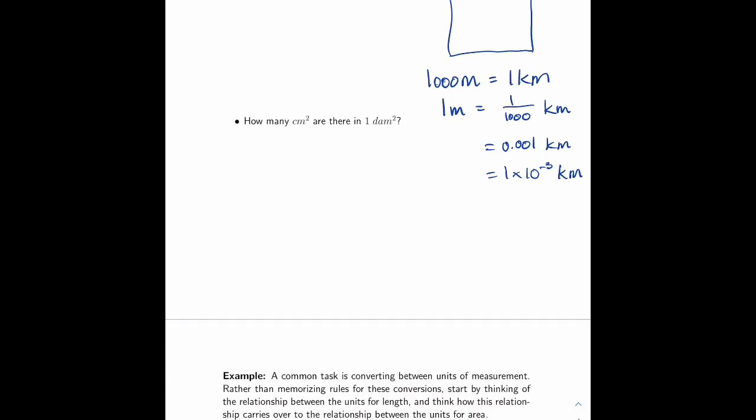So instead of having a square that has multiple units along each side, it has a fraction of a unit along each side. In other words, this is 0.001 kilometers, and this is 0.001 kilometers. And the area in square kilometers